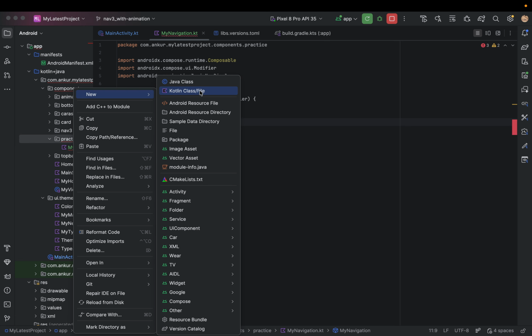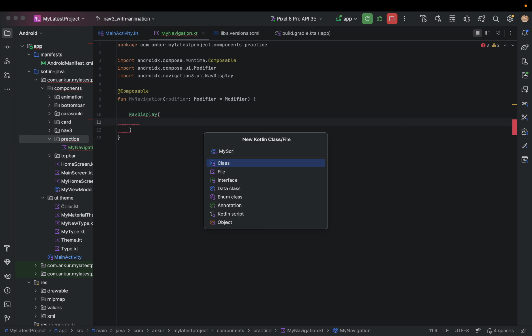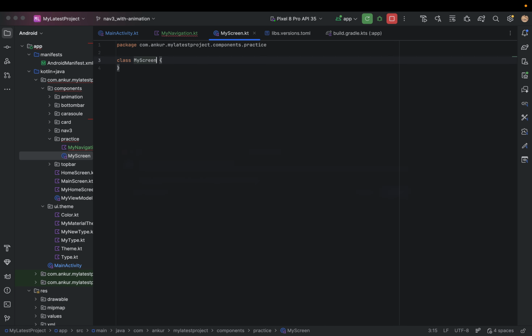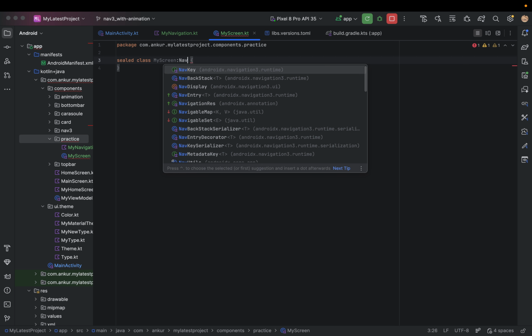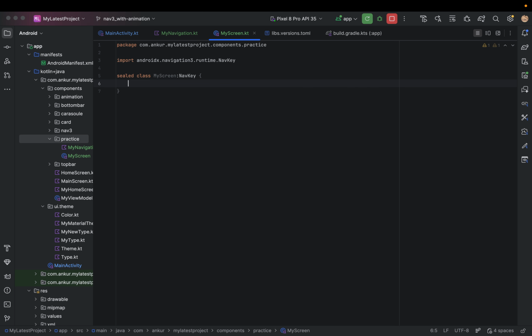So first create a class called MyScreen, which is nothing but a sealed class. I also provide this code on GitHub, the link is there, so you can find the whole code as well. We integrate NavKey and create a ListScreen. We don't have anything in it, that's why. And we have another class, DetailScreen, which needs